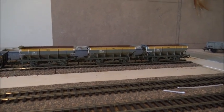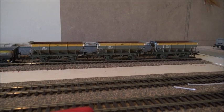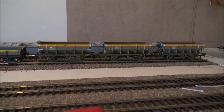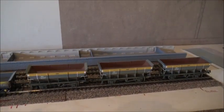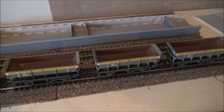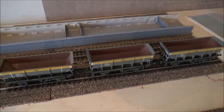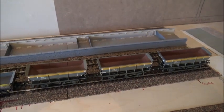They weren't really used for stone drops or anything like that towards the end. It's mainly filled with spent ballast, so that's what I'm going to model them doing. So they will get loads, because I think the one area of weathering that is a little low on these is inside there. But going back to the points of this model, as I say, I'm very happy with